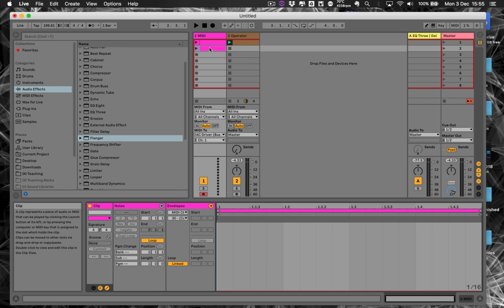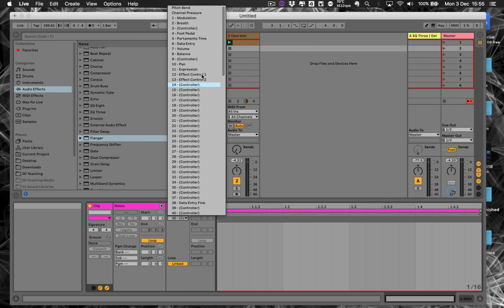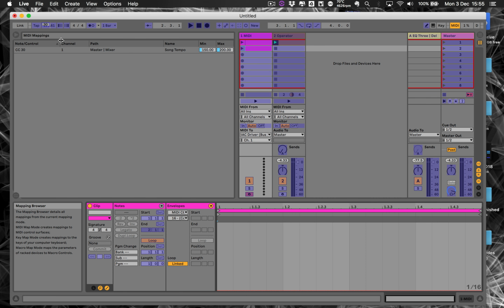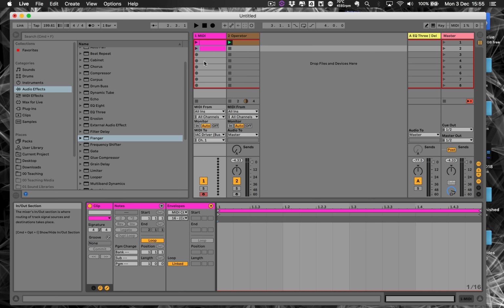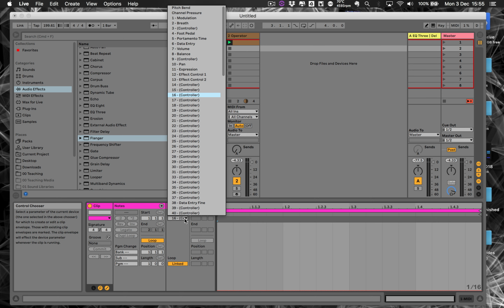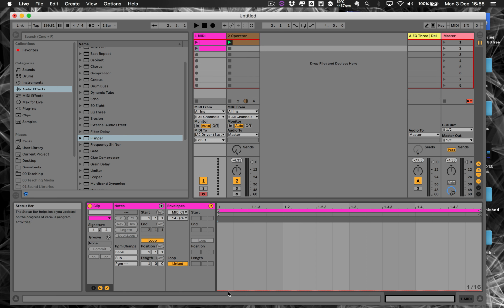So same process really. Pick a CC number which doesn't have anything assigned to it. I can't remember what was assigned. It was CC30 which is assigned to tempo, so do be careful that you don't use CCs that you've previously mapped to other parameters. So that's one just to think about. So I'll just set this to 14. Again, I'm going to just put some breakpoint information in there, and then I'll stop all the clips for now